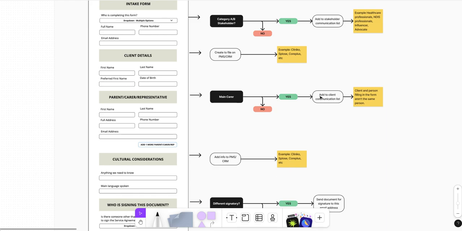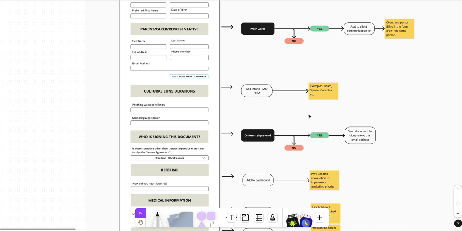Let's say, for example, you know that there is a session on a Tuesday morning at 10 o'clock. The session gets cancelled. You don't want to contact the person who's completing the form, but the person who is actually receiving the service, or representing or caring for the person receiving the services.